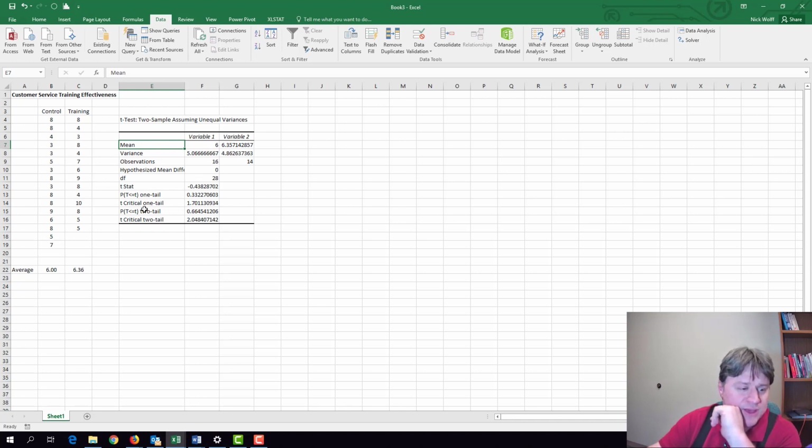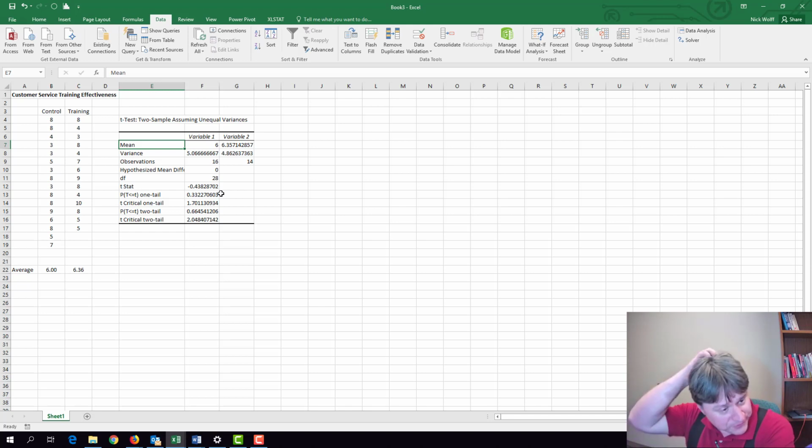Now here's where we get to the real McCoy. T-stat, this basically is a measure of how different these groups are. And below that we have P one-tail and P two-tail, as well as the critical t-values for each. So what does this tell you? Well, if you recall some of the videos I had pointed you toward,